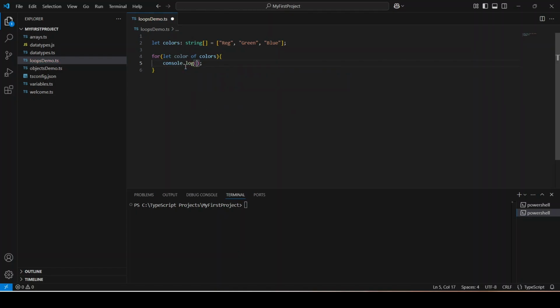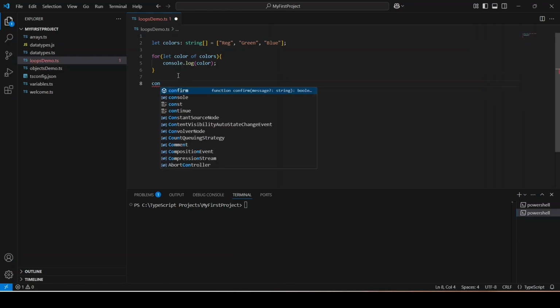Console.log color. See, we are logging color to the console, and remember what color has. Color has one value at a time from the colors array. So in the first iteration, it gets the first value from the colors array. In the second iteration, it should get the second value, and in the third iteration, it should get the third value. And if all elements are done, it will come out of the loop. And just to show that, we can write another console.log statement over here,